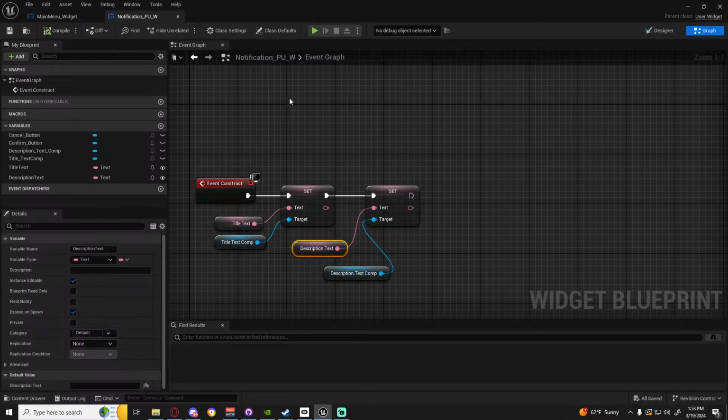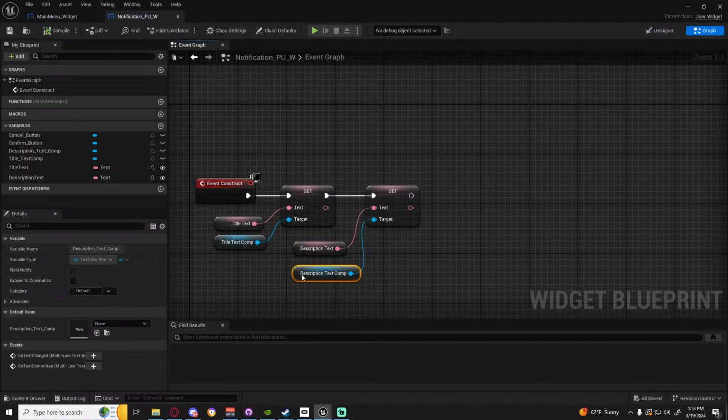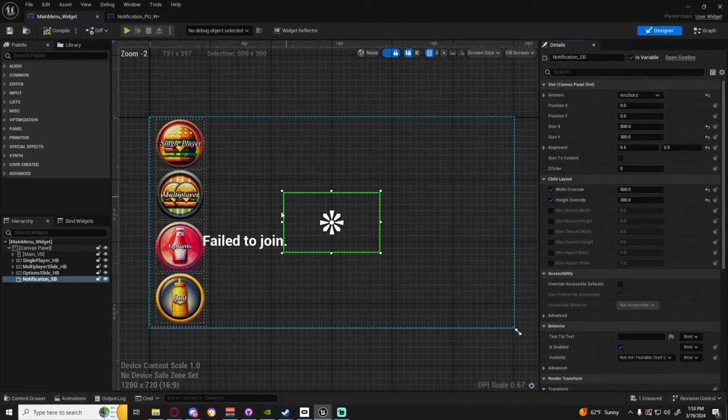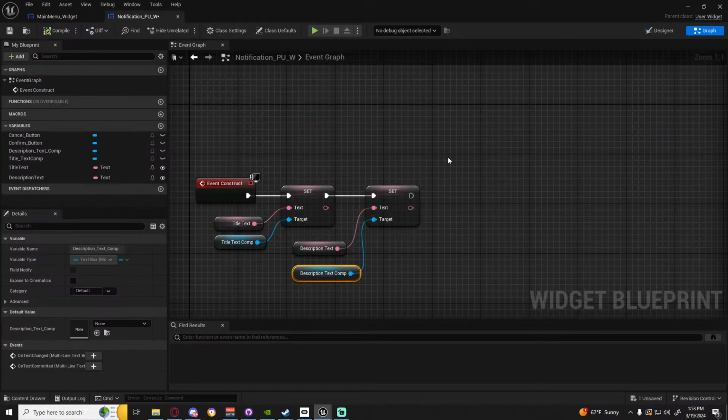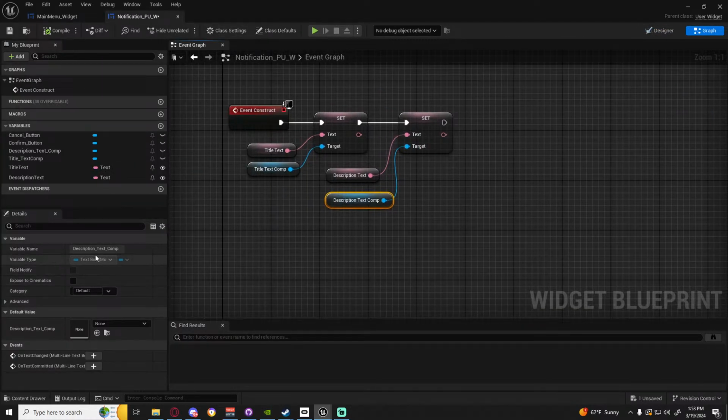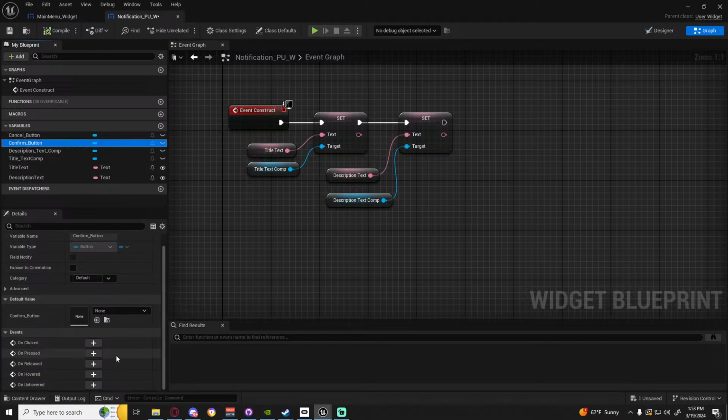All right. So here's the question. When they hit confirm, so basically we're going to be popping up this widget, right? It'll pop up right here and say, hey, are you sure you want to make a new save? And if they hit confirm, then I guess we could just use an event dispatcher is what I'm thinking. So whenever they do hit the confirm button, we can also,